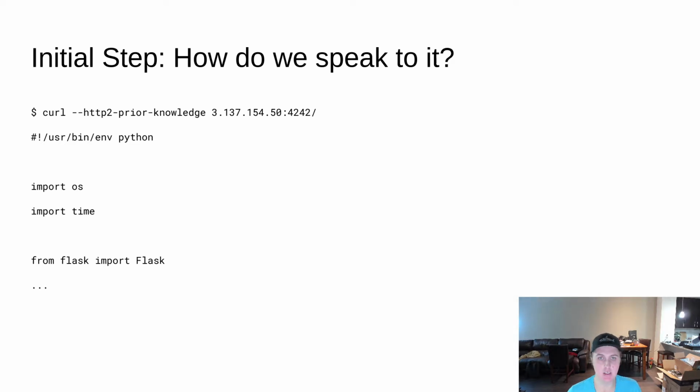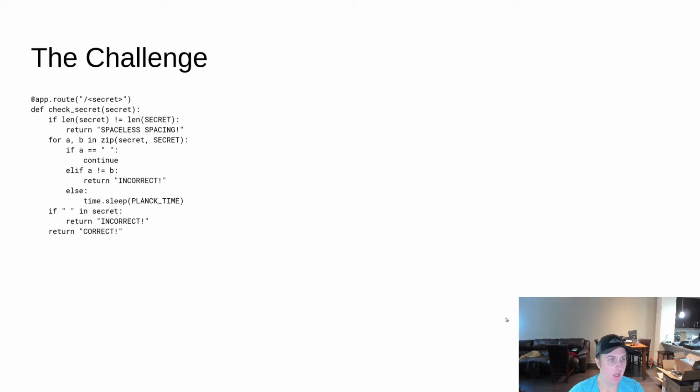But it gives us the challenge information. It gives us what the service is running, so it's going to make the challenge a bit more straightforward. And this is how we get to know what it's doing. It defines basically two routes. The first one is the route for the index that just gives us